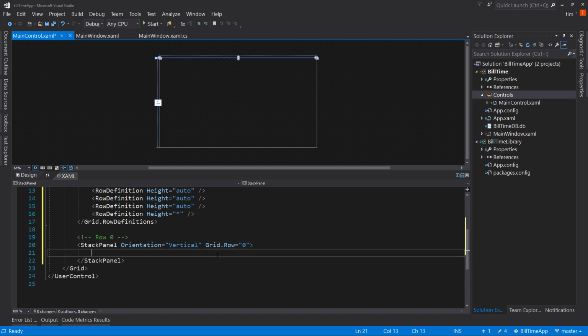All right, and so now inside the stack panel, I can just add items and they'll stack on top of each other. So the first one is going to be a text block. We don't need to give it a name if we don't need to. So I'm going to say this is a text block. I think that's all we really need. And we can say client